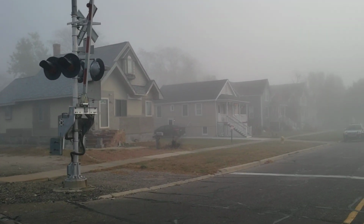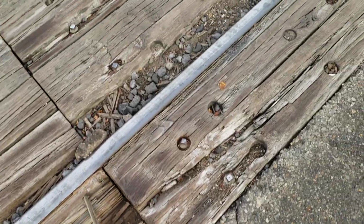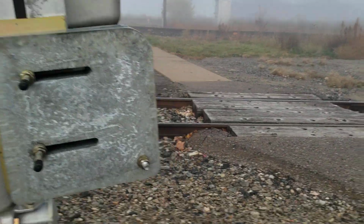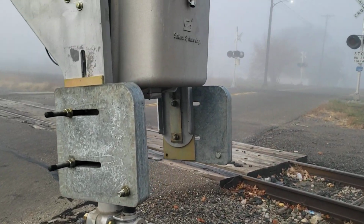Now let's go ahead and tour the final signal. Also keep in mind, be careful because this crossing's boards are in piss poor shape. But yeah, particularly these ones, the other ones are fine. So yeah, right here is the final signal of the entire crossing, which used to have the GRS Lexan 8-inch lights here and the